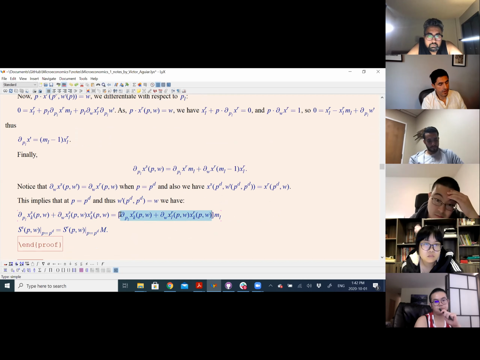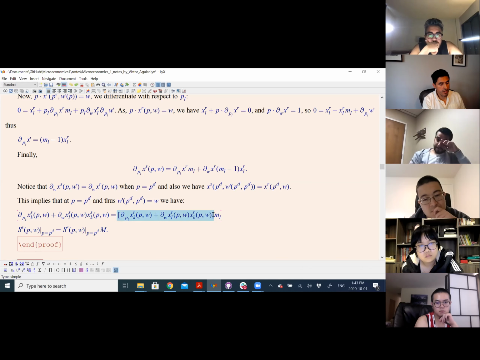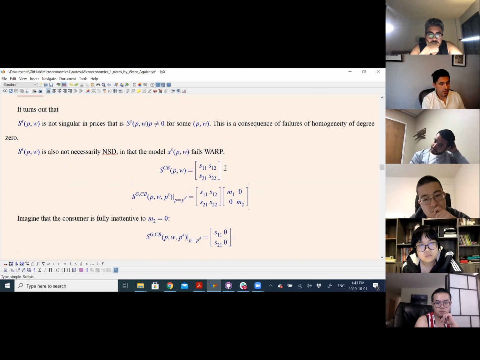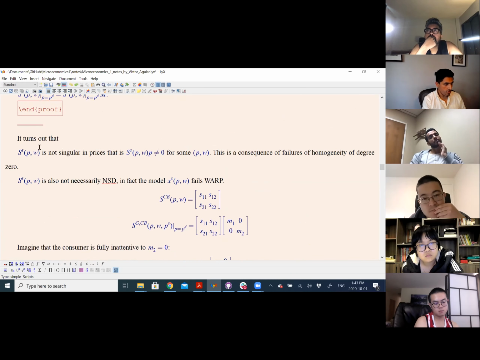So the steps here are just algebraic derivation. What we're using in this part is just Walras law, and in this part is just the chain rule, and then we just combine these together, okay? So in sum, when I evaluate PD equal to P, I get that this is equal to multiplying the Slutsky matrix times the ML quantity, which is what I told you in this example, right? So what you see locally is this object here, okay? So in particular, you're going to lose symmetry, and this is the part that I want you to internalize.